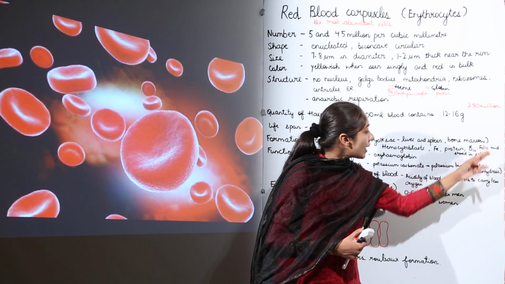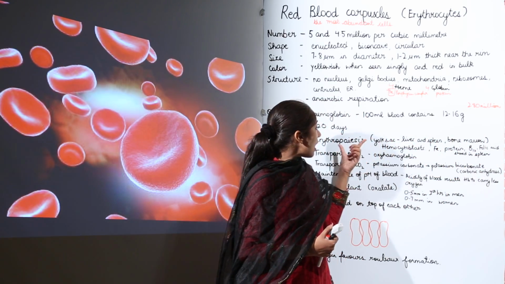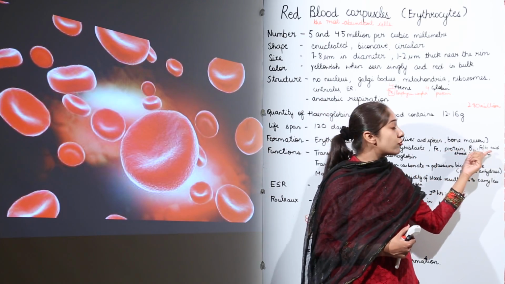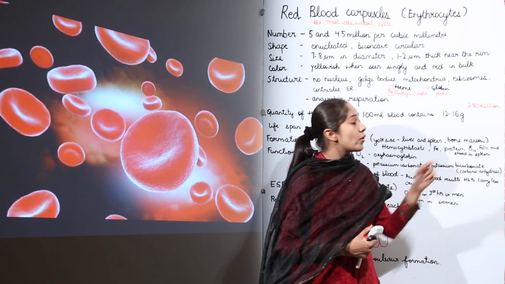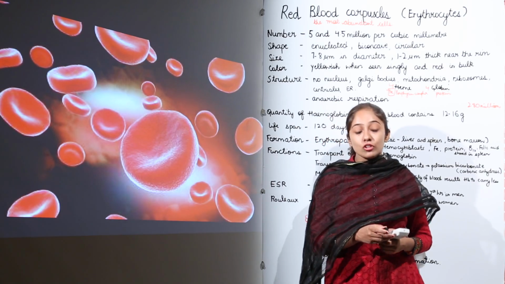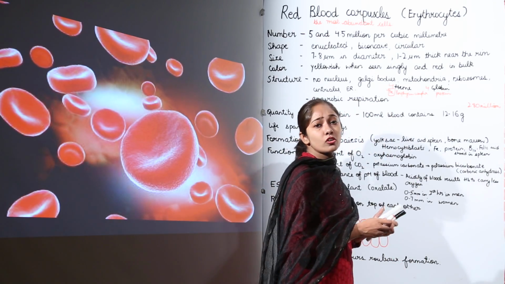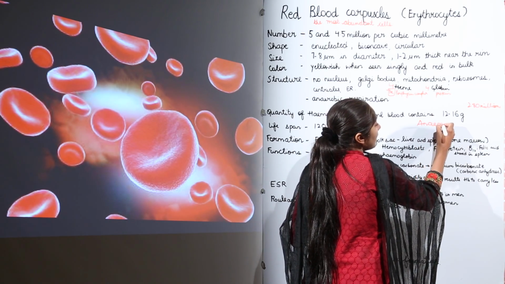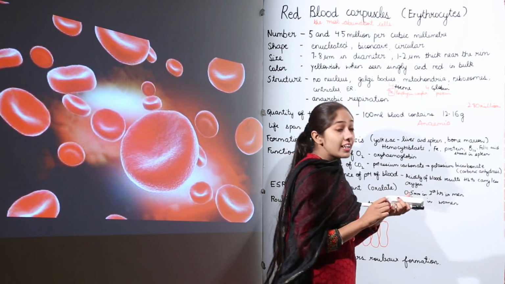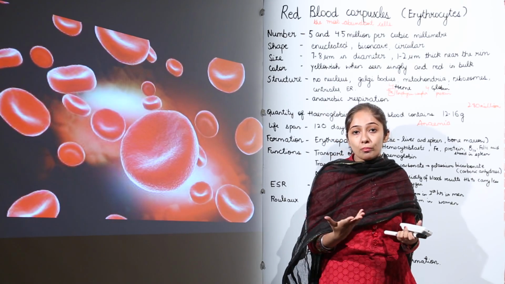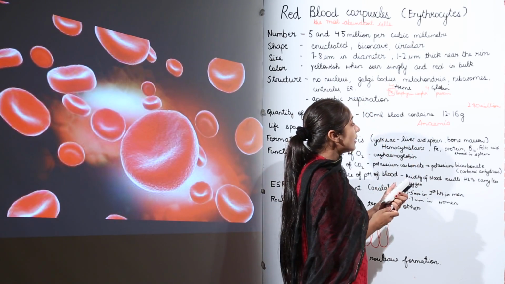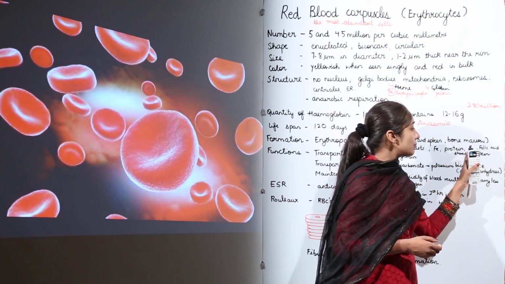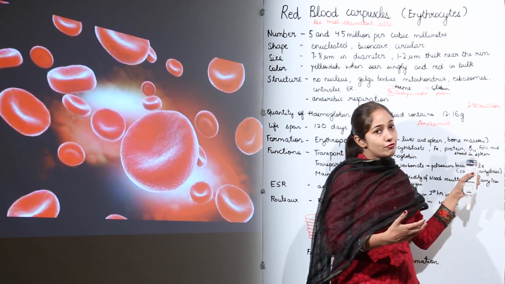So, you can make out how important the protein, the iron, the vitamin B12 and folic acid are, because the deficiency is going to cause a disease that we call anemia. You must have come across this term many times. When there is deficiency of the pigment hemoglobin, then also this condition is there, that is anemia, right. And if there is deficiency of iron, protein, vitamin B12, folic acid, then also we suffer from anemia.